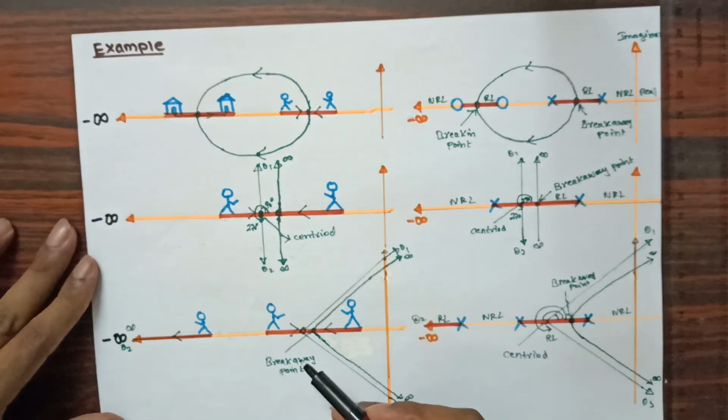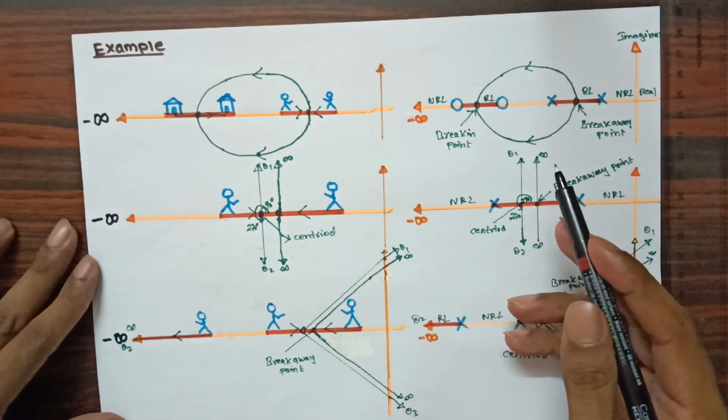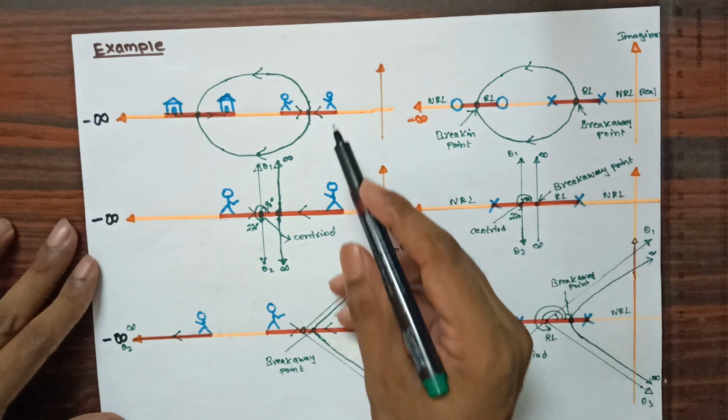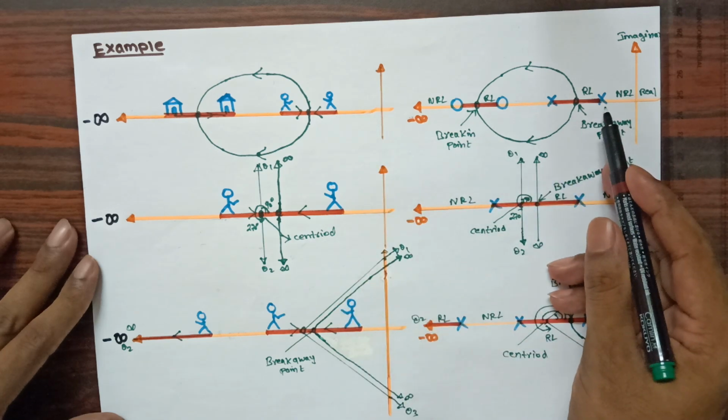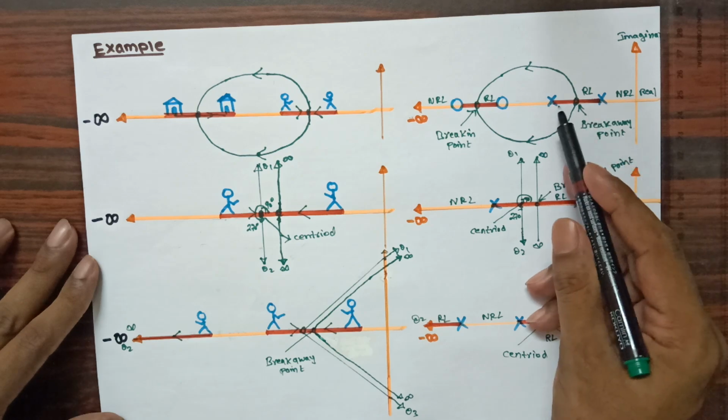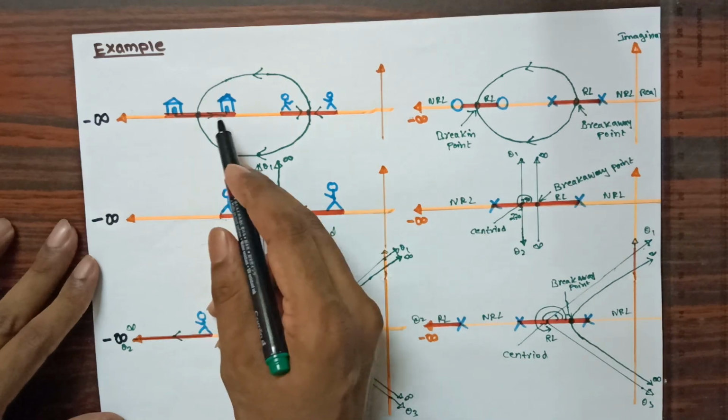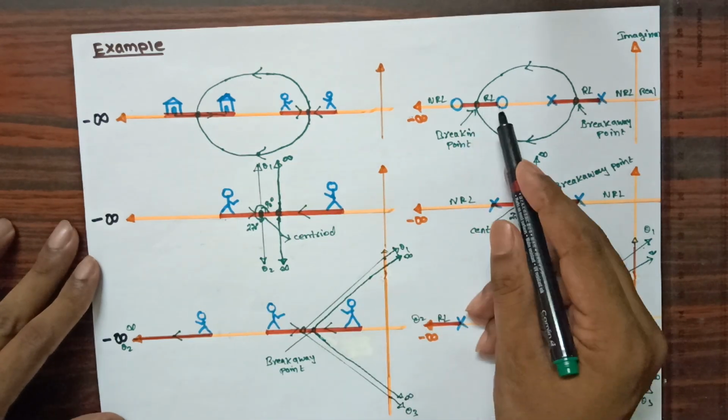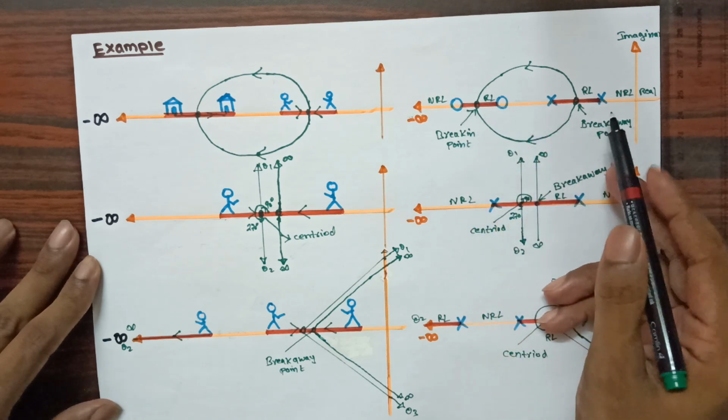Now the same general example we are considering in the root locus method. In place of the poles, I am replacing the zeros. You can see that here I have shown two poles, and as the endpoints, the zeros are shown as two points. Now the concept is the same.